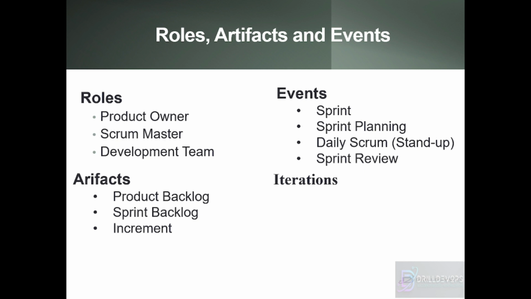So, what does retrospective mean? We discuss what went right, what went wrong, and what could have been improved. Okay, so what went right, what went wrong, what could have been improved. Meaning, have you learned anything from this particular sprint? Have you implemented anything, and what went right during the implementation? What went wrong? What went in a negative way from your implementation or from whatever you had expected or planned for